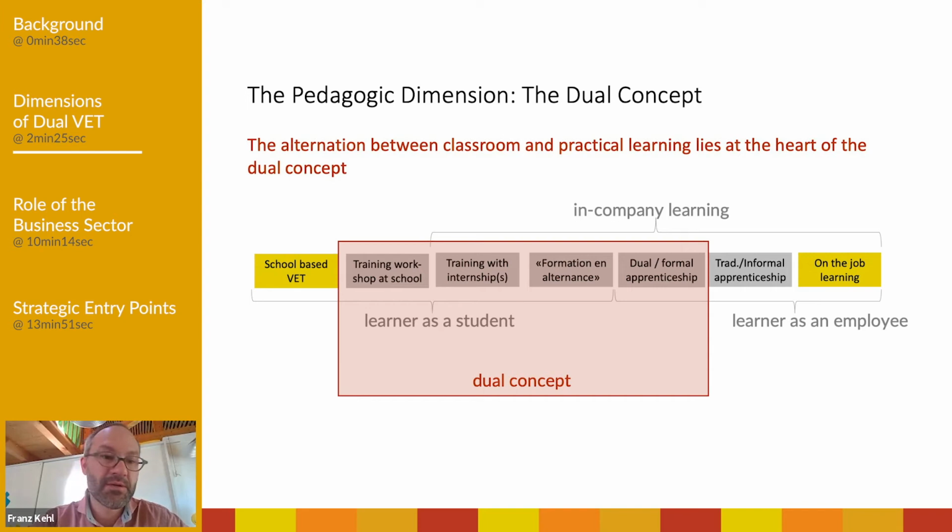So that is a concept similar to the apprenticeship, but with blocks of training happening for longer durations. So you would spend a longer time in one place and then again a longer time, for example, in the business and the school. And in what we call formal apprenticeship, obviously. The dual concept does not apply, however, to school-only VET offers without practice, and it does not apply either in traditional or informal apprenticeships and in pure on-the-job learning approaches.